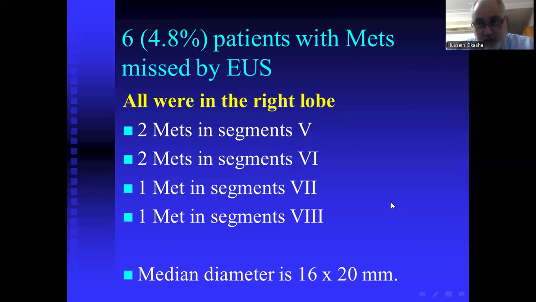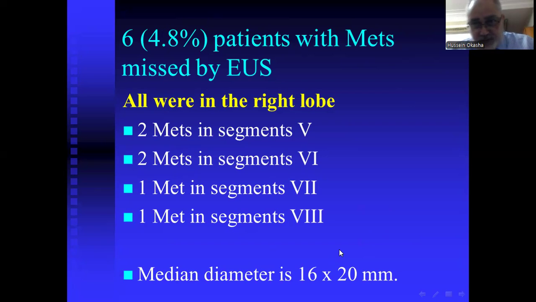So what we'd like to say in our study is that CT and MRI can easily miss small hepatic focal lesions, especially those smaller than 1 centimeter, while EUS can miss tumors in the right lobe of the liver, because examination of the right lobe of the liver by EUS is rather a little bit more difficult